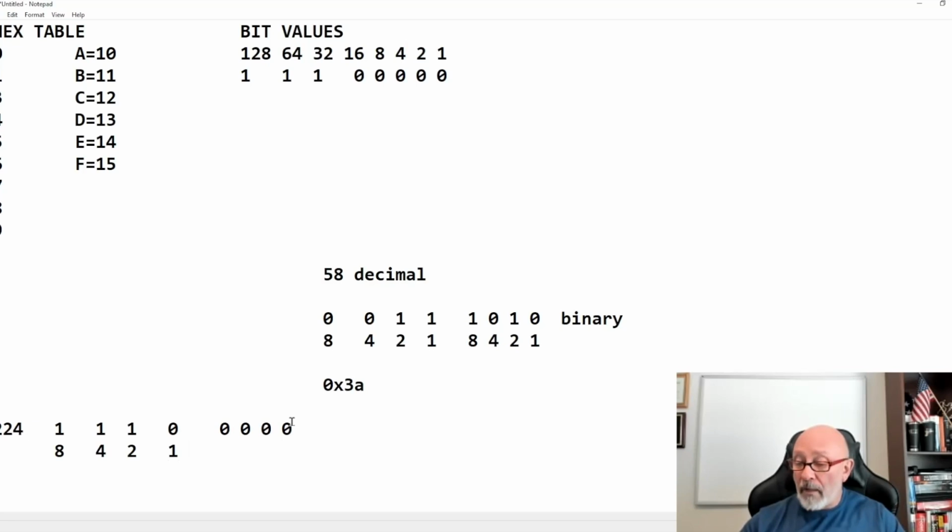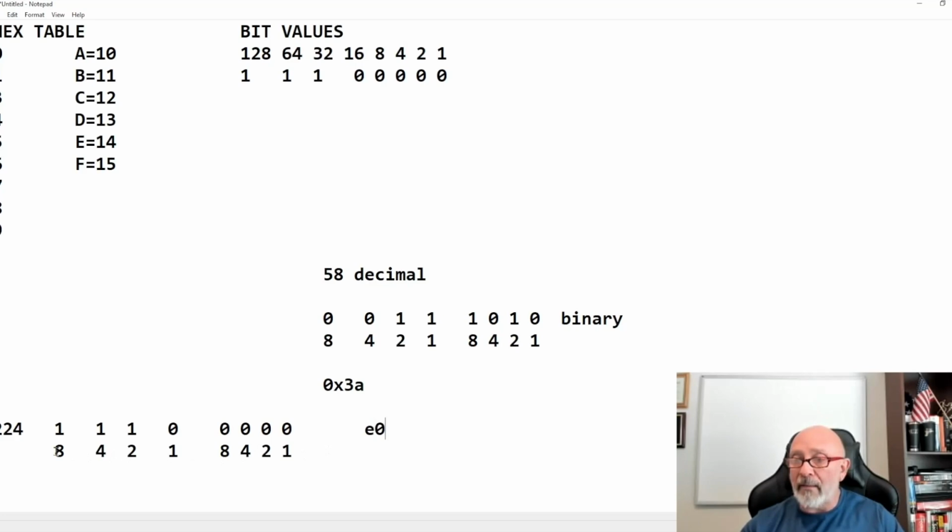Here, everything is off. 8, 4, 2, and 1. So these are on only. So when we want the hex, that would be 8 plus 4 is what? 12. 12 plus 2 is 14. So that would be E. And then the other one, nothing's on, that's 0.